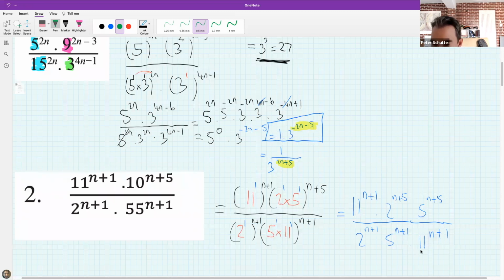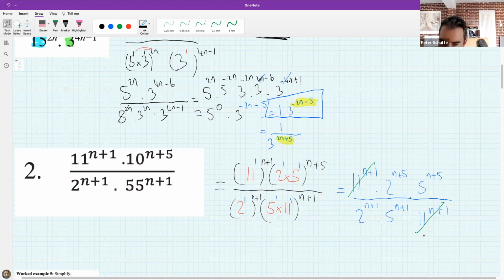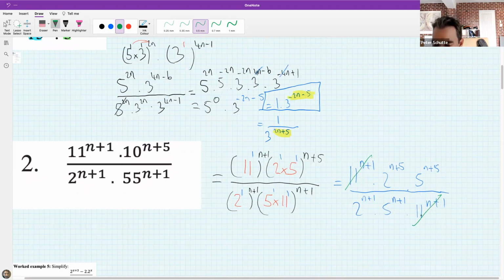Earlier on, I was moving it up to become negative, but it is quicker to say, look, this cancels out with this, because those things are exactly the same, and that's going to give you an equivalent of 1. The reason that can be a good strategy sometimes is it just gets really cluttered, so it's nice to be able to take something out. But it's also fine to bring it to the top and it becomes a negative n plus 1, you'll get the same answer. So now I'm going to bring